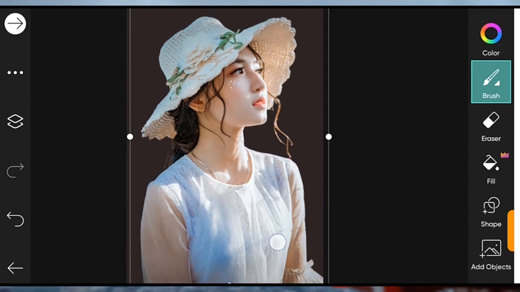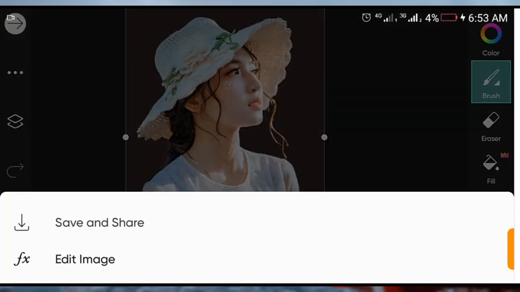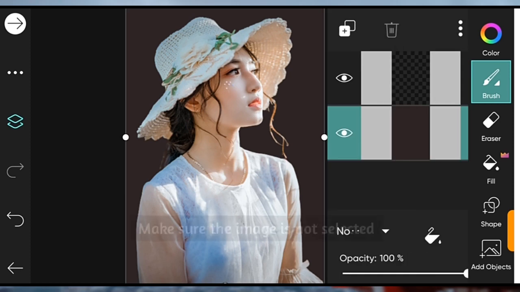When you are done resizing it to your taste, you come over here, you click on this, you click on edit image. But before you have done that,